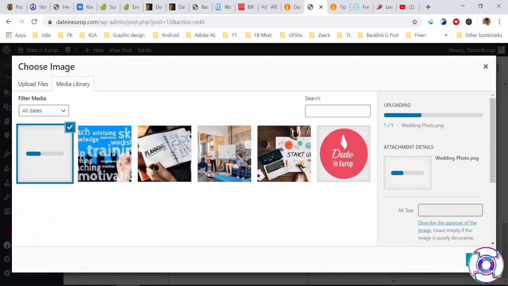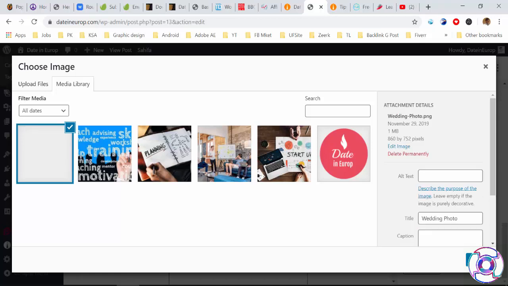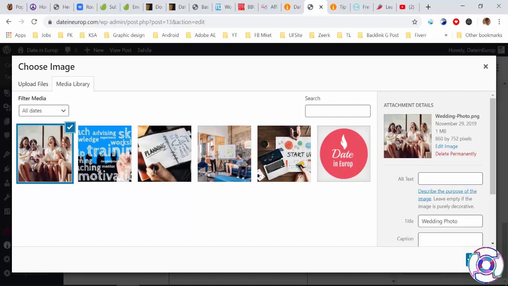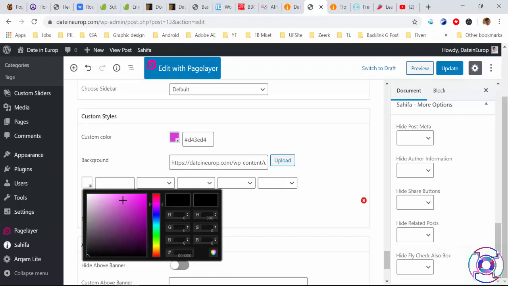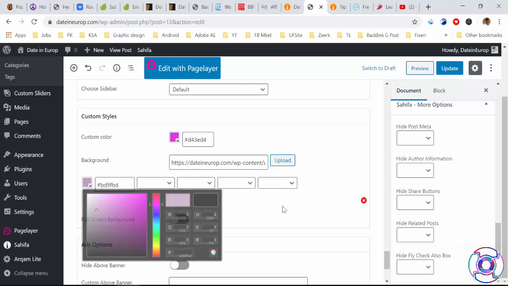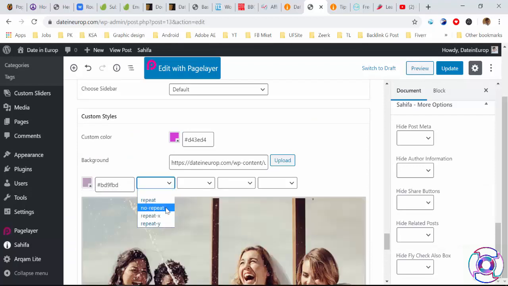This is for the Shifa theme, and each WordPress theme has different settings. So I'm going to select, and background you guys can choose here. Okay, repeat, text, fix, right, top. So this is what custom style is, and update.